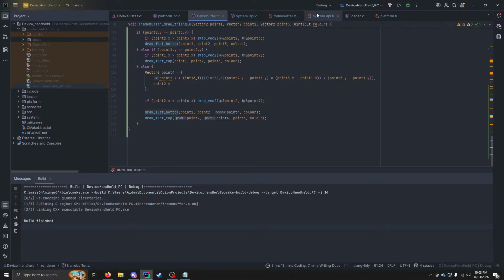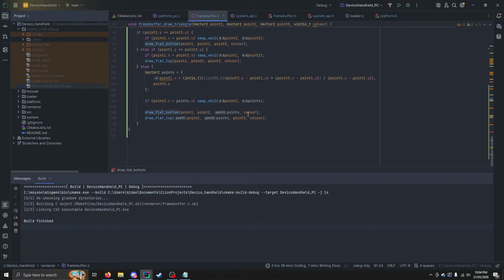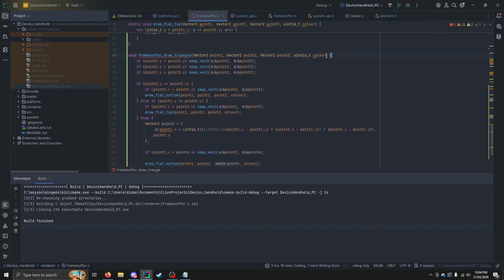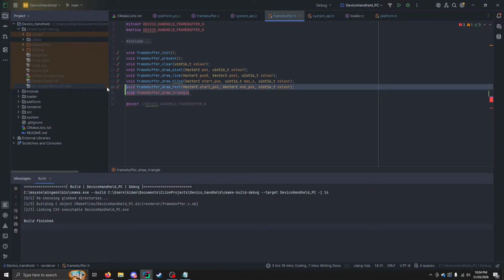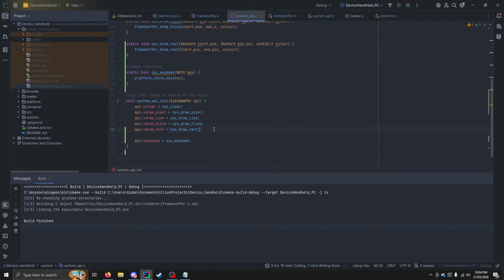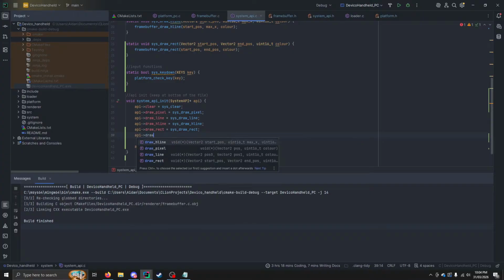Okay, now I need to throw it in the system API. Frame buffer, void, frame buffer, draw triangle. Is that what the function was actually called again? Draw triangle, yeah, I thought so. This is the one part I did contribute. 1, 2, 3, and then in the API, I need API draw try equals